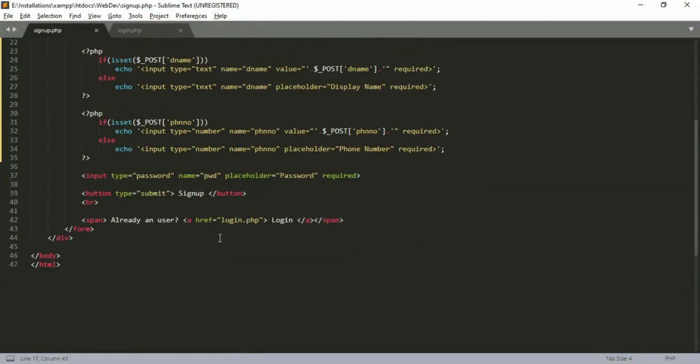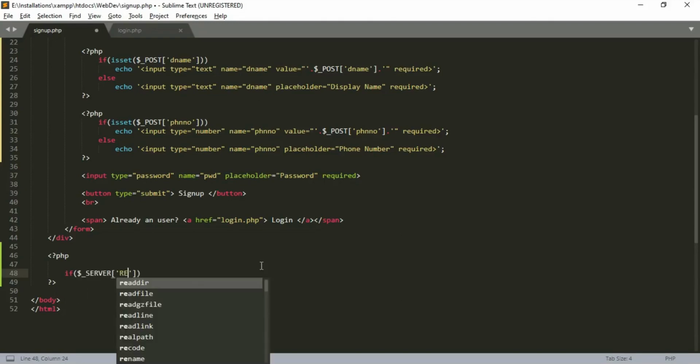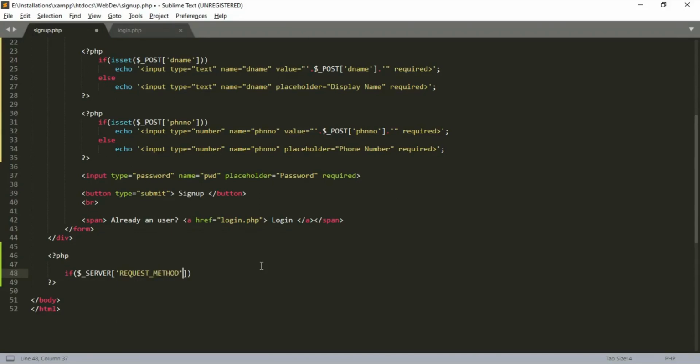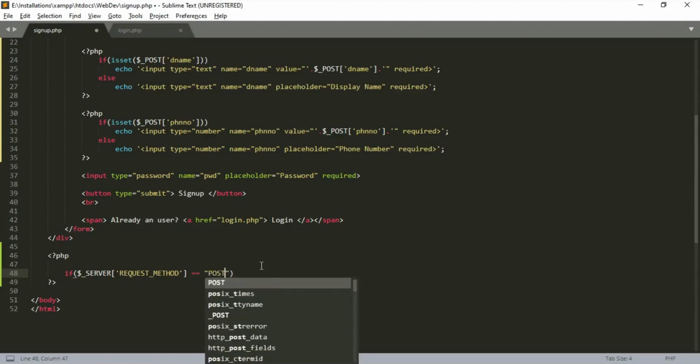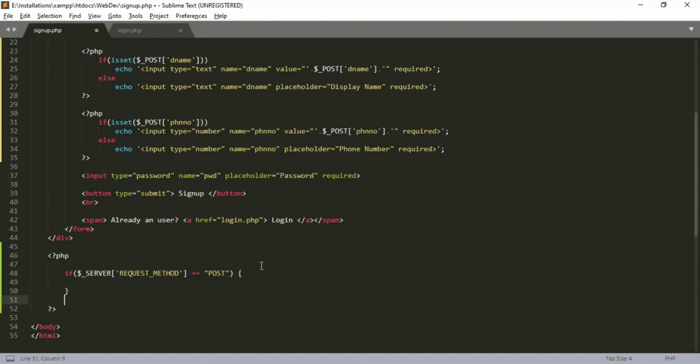Next up, let's try to handle the data that we received through the form. We just add the basic condition checking if the request method is post. After that, we retrieve all the submitted values and store them in a variable. Let's do it now. If server of request method equal to post,